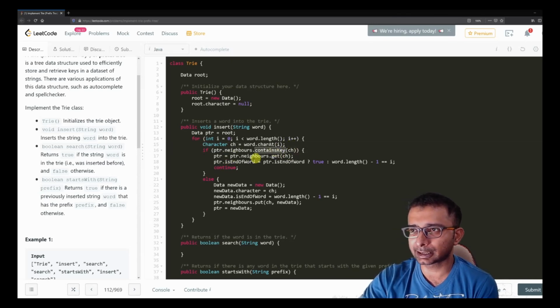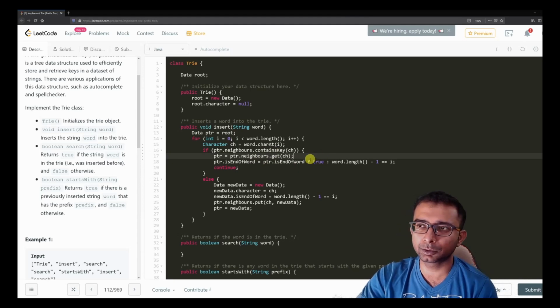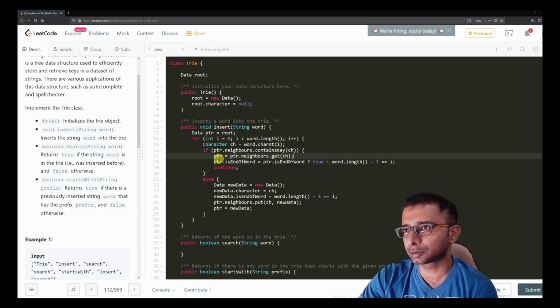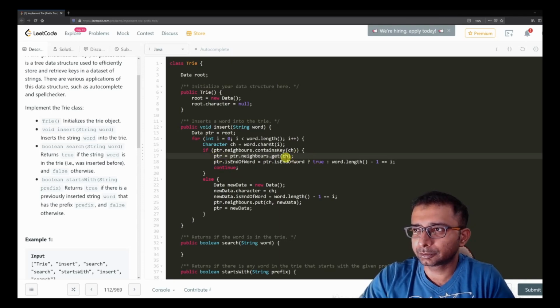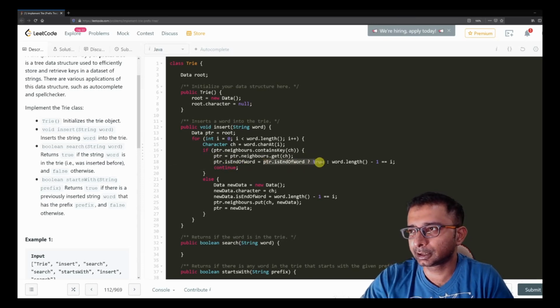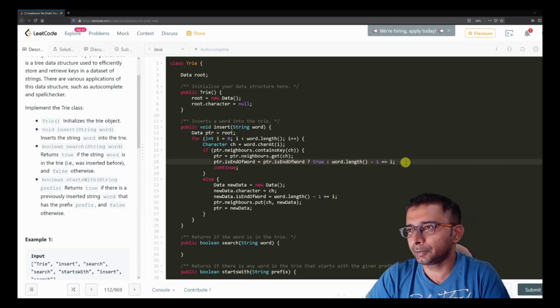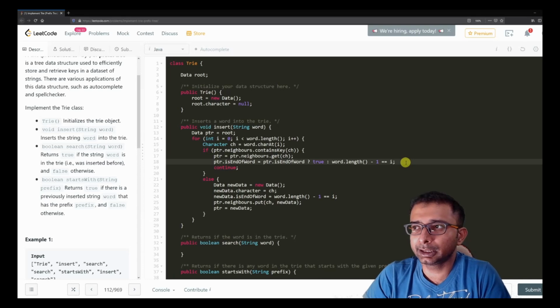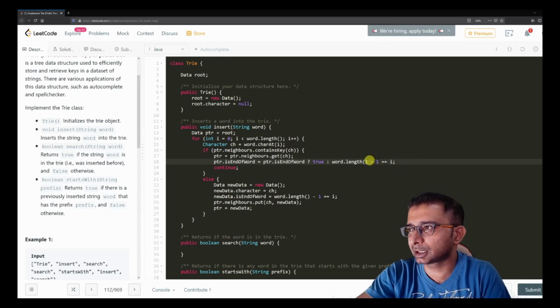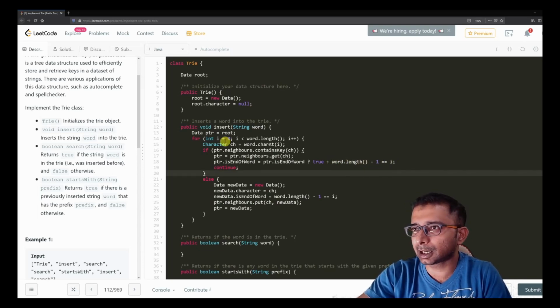If it has a key like that, then we are not going to create that node, right? We are going to use that node. So we are doing a get on that ch, and we are getting that node. As I mentioned to you, we will be updating the end of the word. We are going to put that logic over here: are we ending the word over there or not? So if ptr's end of word is already true, it means that some existing word that was inserted was ending there. In that case, I am not going to do anything. But if it is not, then I am going to see if my i is the same as word dot length minus 1, that means that i is pointing to the last character of the current word. If this is true, I am going to put it to true.